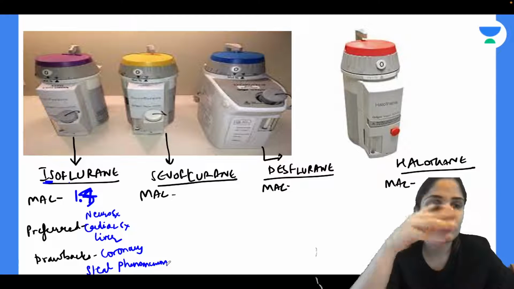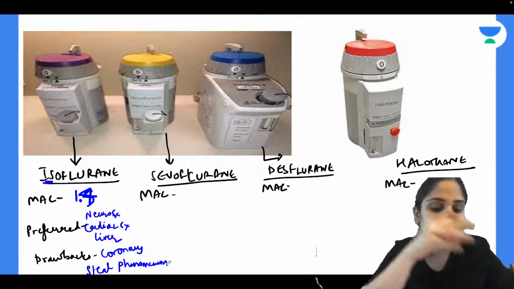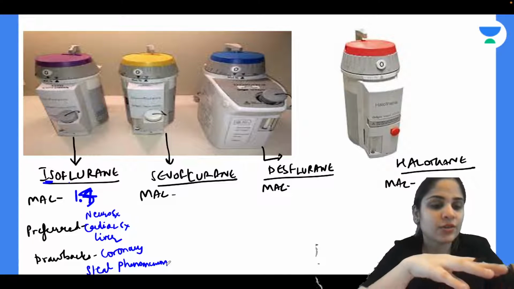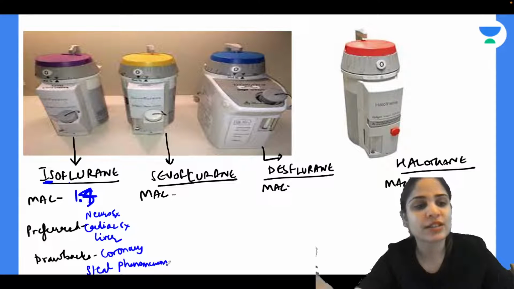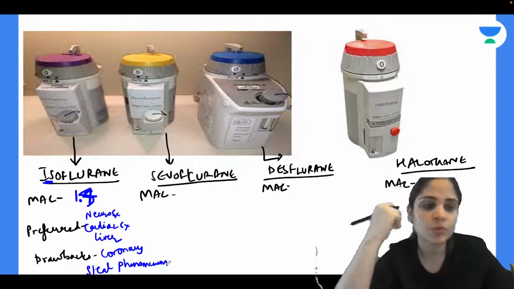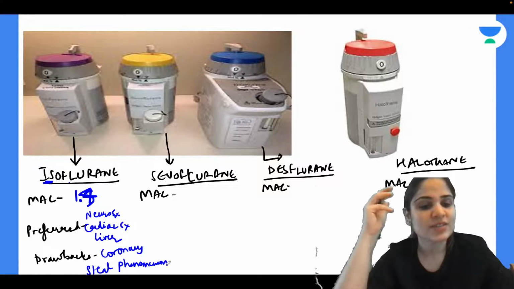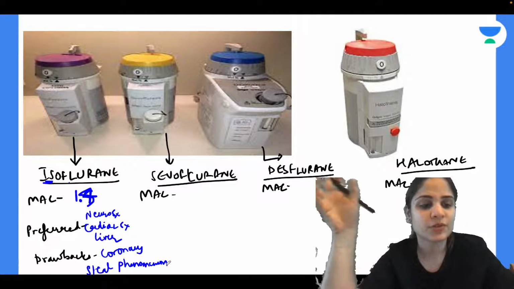So instead, the reverse Robin Hood phenomenon or the coronary steal phenomenon says that you take money from the poor, you say the poor is anyways going to remain poor. So you take money from the poor and you give it to the rich, saying make the rich richer and make the poor poorer. That's how the world runs nowadays, right? So that is called coronary steal or reverse Robin Hood phenomenon.